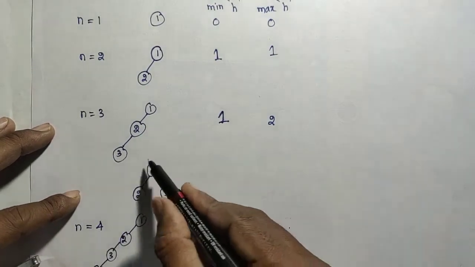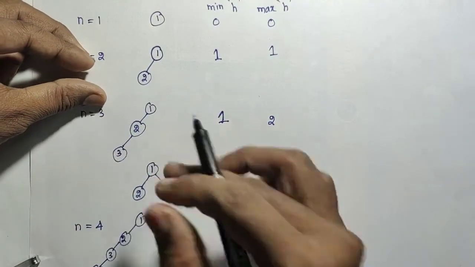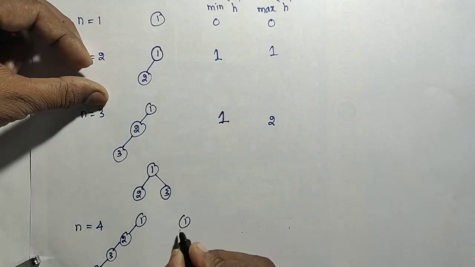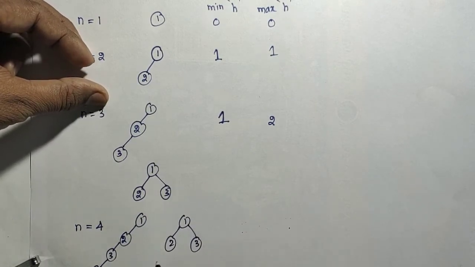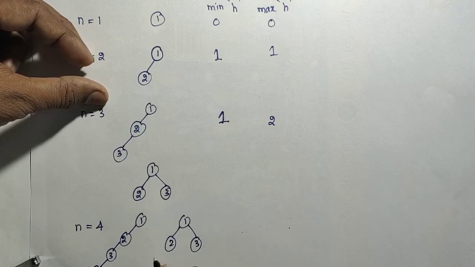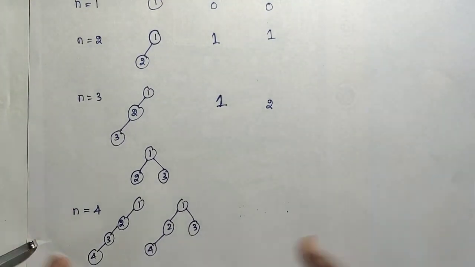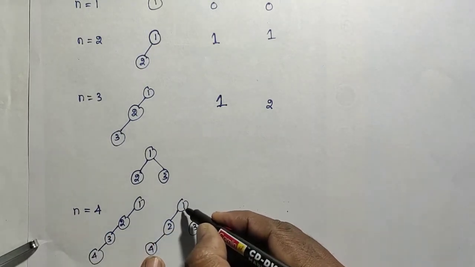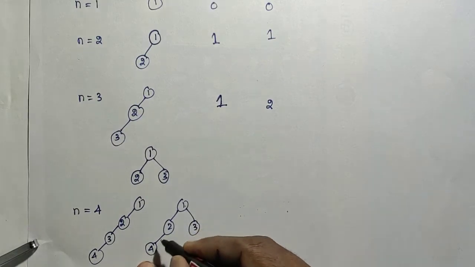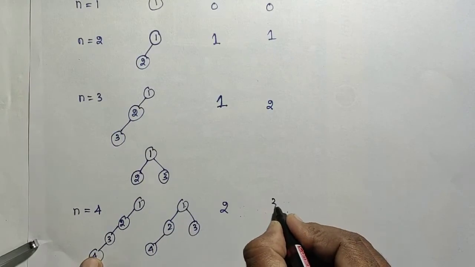Or, if you add one more node to this tree, this is the minimum height with number of nodes equal to 3, with this, that is 1 and 2 and 3. If I want to add a fourth node, I can add that fourth node in the next level only, left of or right of, like that. So if I add the fourth node here, what is the minimum height I require? 4 nodes means minimum height 1 and then 2. So the minimum height is 2. The maximum height is 3.